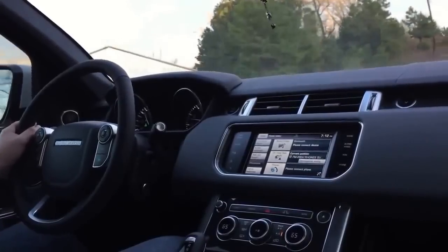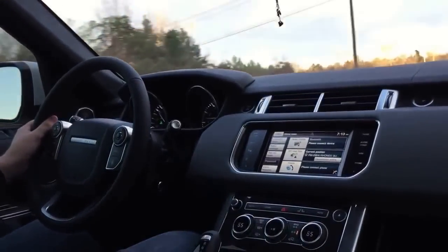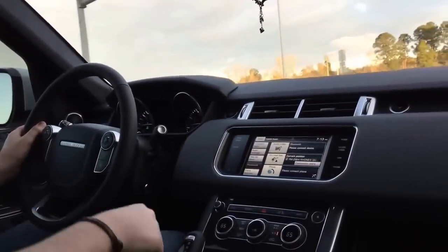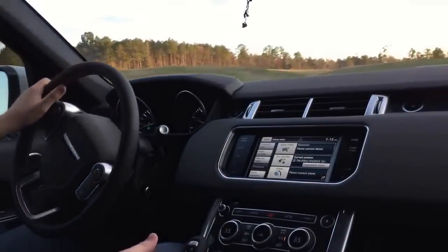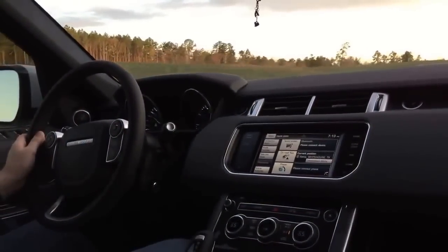You do have different terrain response modes, like I said. They're really impressive, and they actually do different things instead of having, oh, I'm going to push this button to make me think I'm going to do better in the snow. No, it actually will do better in the snow. It has torque vectoring, which will send